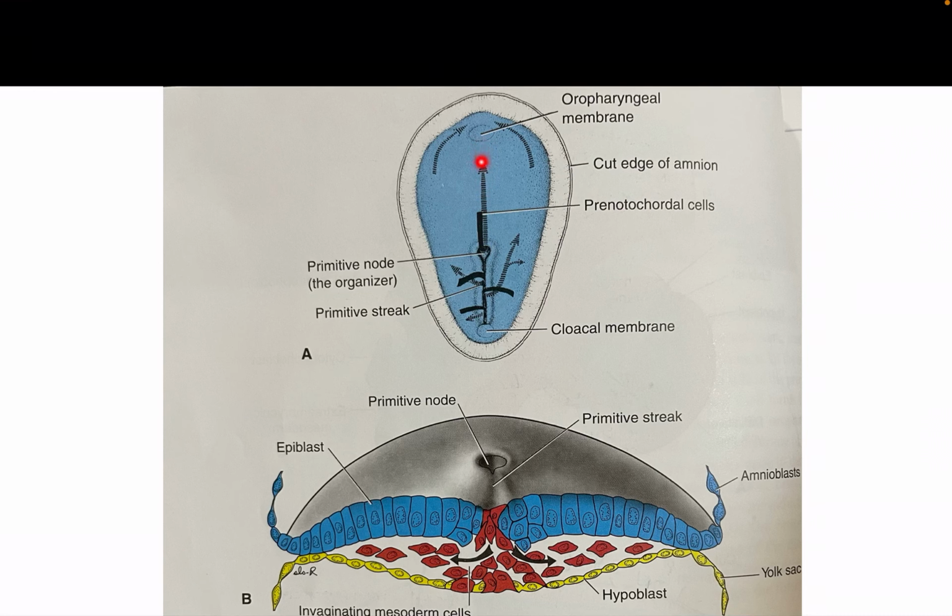This has been shown, and they settle in this small area behind the buccopharyngeal membrane in the midline: the prechordal plate. Behind the prechordal plate up to the node are the prenotochordal cells, the notochord. Third is the cardiogenic cells, which migrate laterally, lateral to the notochord and prechordal plate. They migrate in front of the buccopharyngeal membrane and settle on the margins in a U-shaped or horseshoe-shaped manner: the cardiogenic cells. That is number 4.